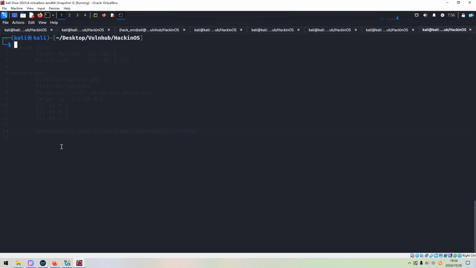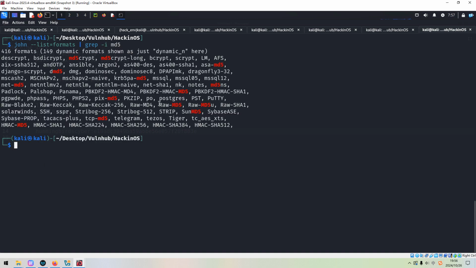To get such information, we can use --list=formats. John the Ripper supports so many types of hash, so we can use the grep command to filter out what we want. MD5. And this one is what we want. So then we can use John the Ripper with the wordlist, hash2, and format raw-md5.